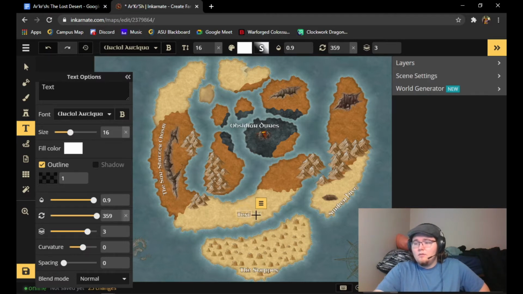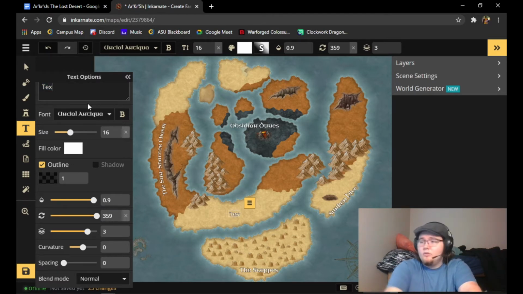Spin it to this way. Alright, so this is going to cover this region here. Alright, so what should we call a section of desert? Well, it seems we're going with sunken and sun-shattered kind of theme. Lots of sun theme, lots of wind theme is going to be here.